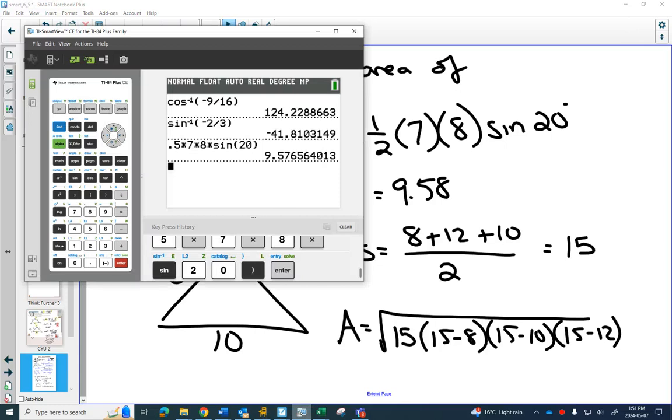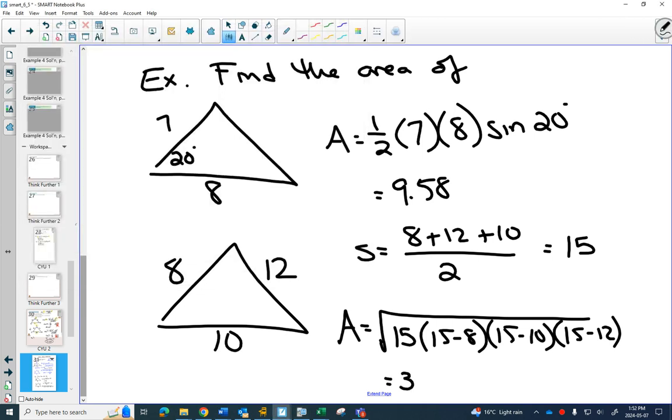So we go to our calculator. Square root of 15 times 7 times 5 times 3, 39.69. So these formulas are nice, that you can figure out an area very quickly without having